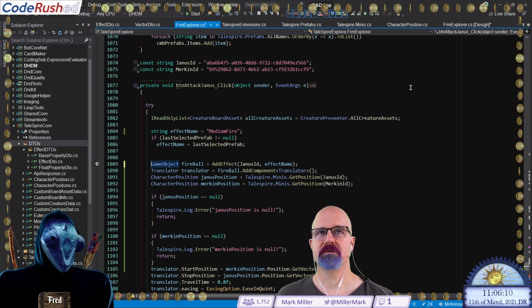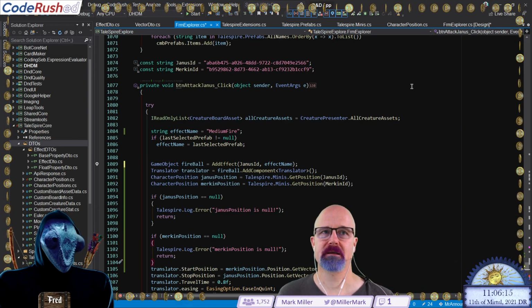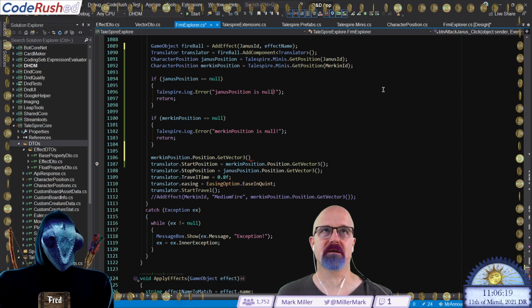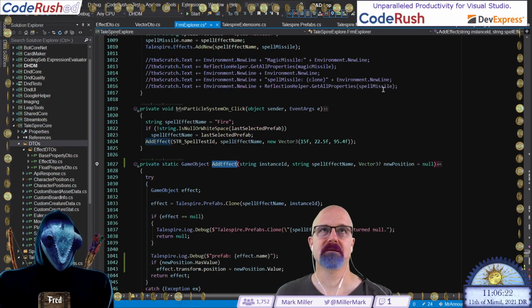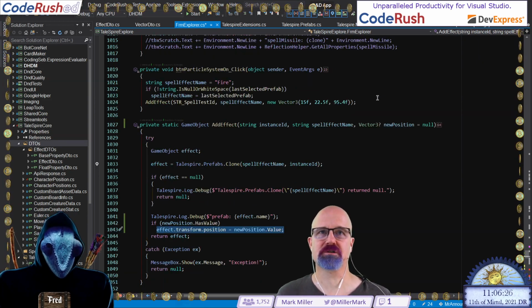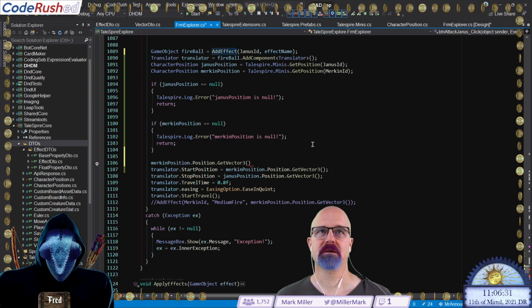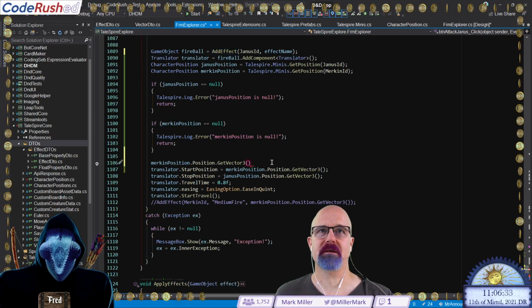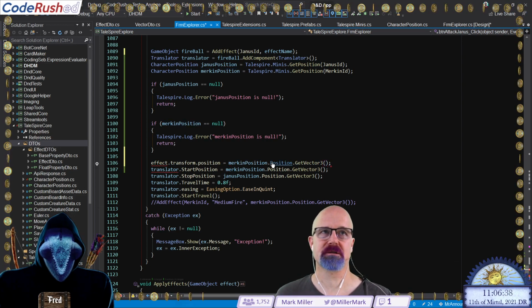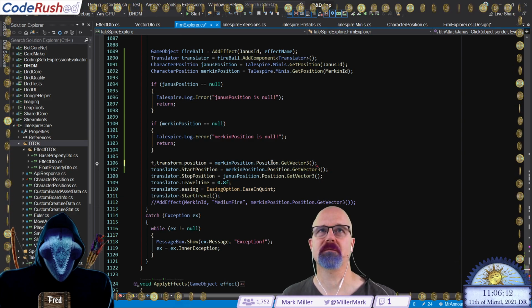Okay. So now I can do that. And then I can come down here and give it some sort of effect position, right? Because basically the code in add effect is just drilling straight into effect.transform.position. That's all it's doing. So all I need to do is come down here and say, hey, that position is equal to this. Except effect is now called fireball for some reason. Like that.